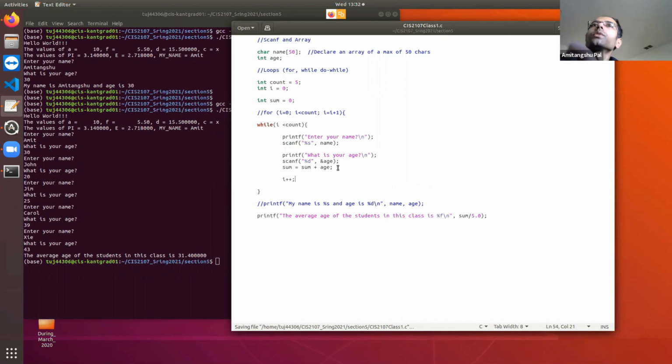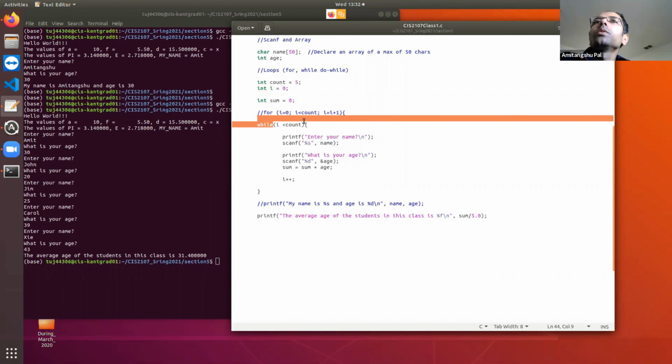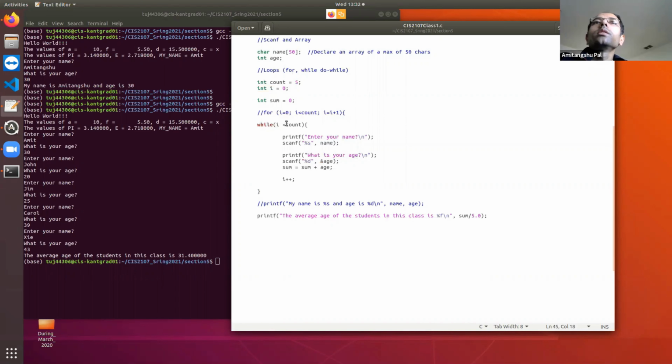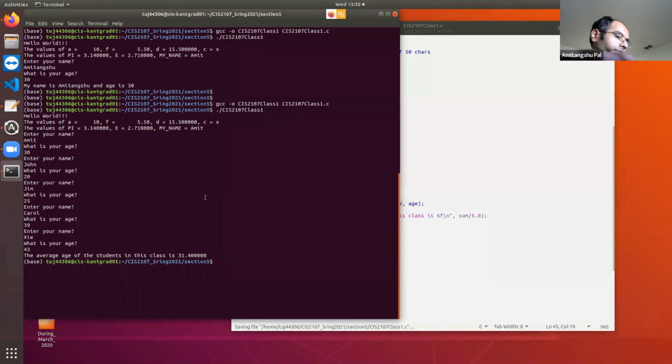So here also there are 3 steps, but the way it is written is slightly different. Initialization, next is checking while I is less than count, then I plus plus. So I will start from 0, the condition is true, it will go inside the body, increment, then the condition is again checked, true, go inside the body, again increment. When I equals count, the condition is going to be false, then it is going to come out and print the age.